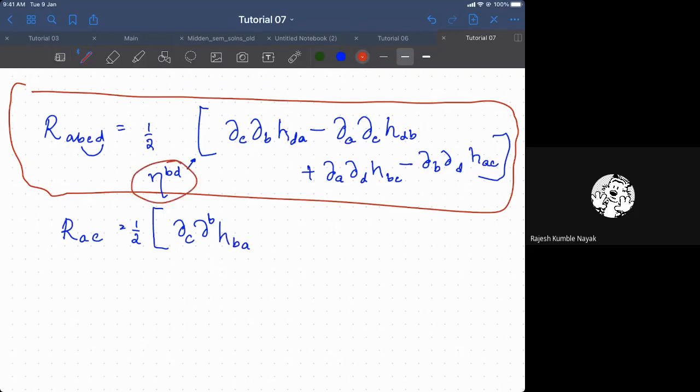Let's put it around here. Now the second term is going to be again A and C remaining here, and B and D contracted, that we call H, where H is equal to eta B D H B D. Okay, so this is the next term, and the second term is again going to be the same as the first one, because it has to be symmetric in A and C. And the last term is the most interesting one.